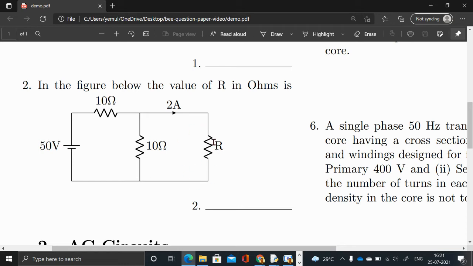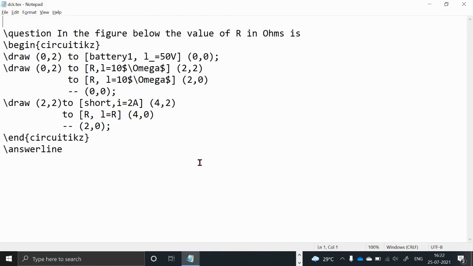If I increase this resistance, I can increase it to a value where the current will be 2 amperes. For 2 ampere current, what will be the resistance? That will be 12.5 ohms resistance. I think the answer is 7.5 or something for this. Let's see, or maybe the answer itself we'll try to see. But I would like to choose these values. Let's see how to do that.